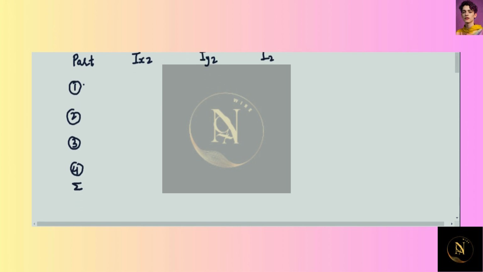For the first part, the moment of inertia along the xz plane will be minus half m dash a square. Along the yz plane it will be 1 by 4 m dash a square, and along the z axis it is (1 by 12 plus 1 by 4 plus 1) m dash a square. Similarly, for the second part, minus 1 by 4 m dash a square,